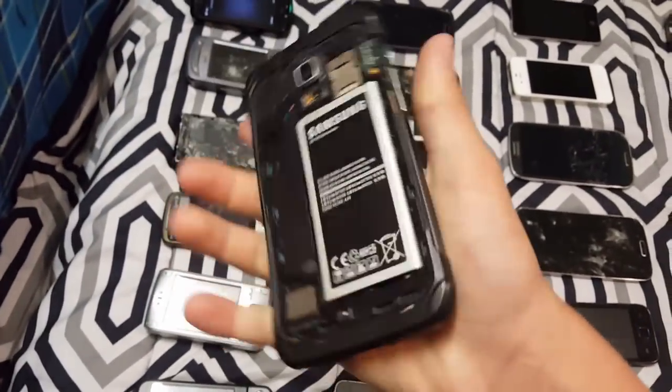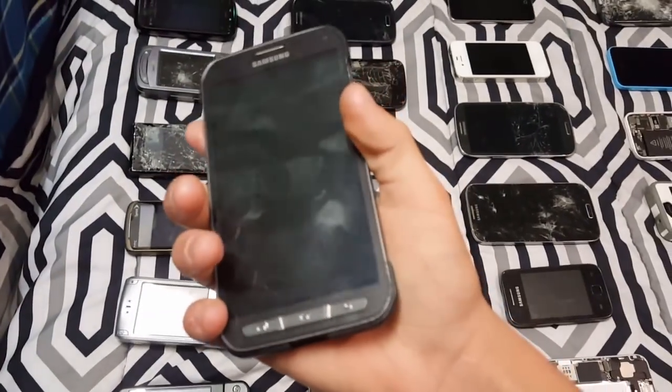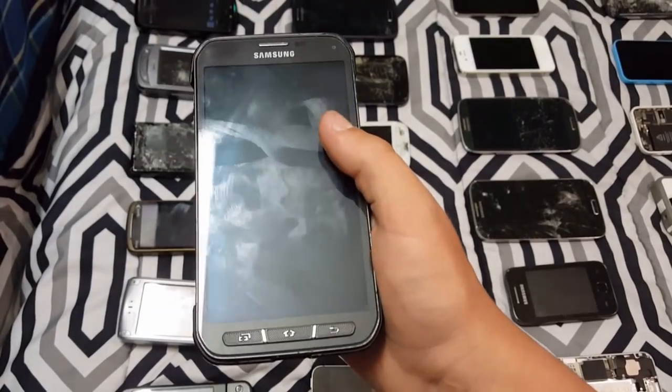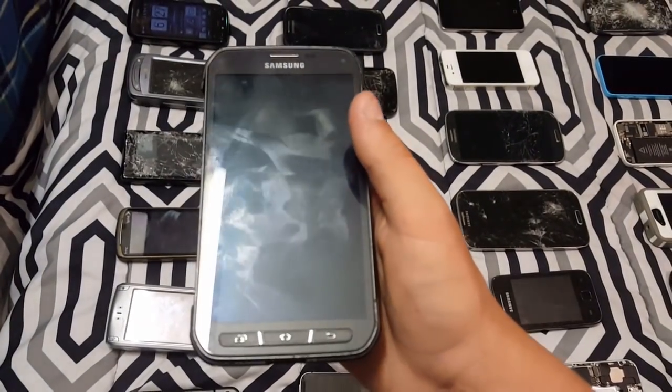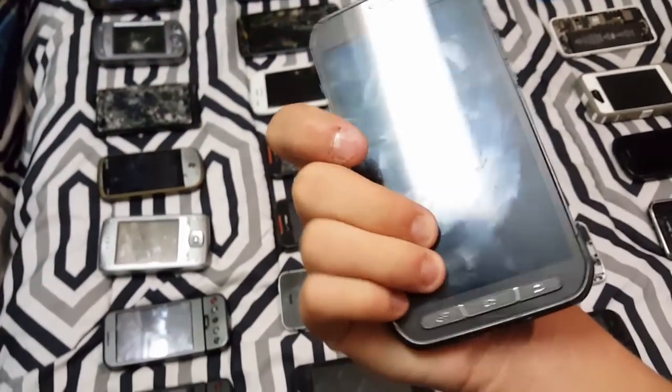Anyways, next up we have this Galaxy S5 Active. It sadly doesn't work. It's water damaged. I got it that way. But the screen is still good, and the LCD is also still good, so I may save that for parts. Or if I get another one that works, I'll just drop test this one,